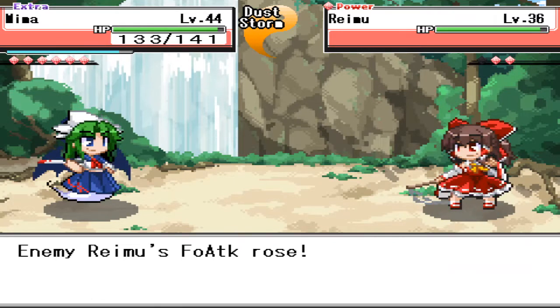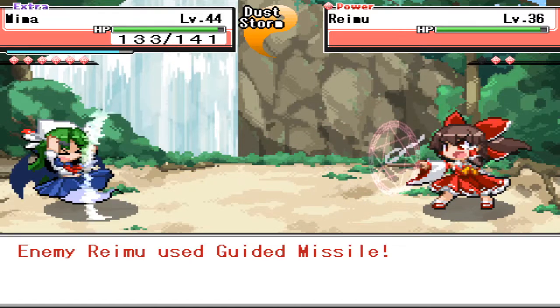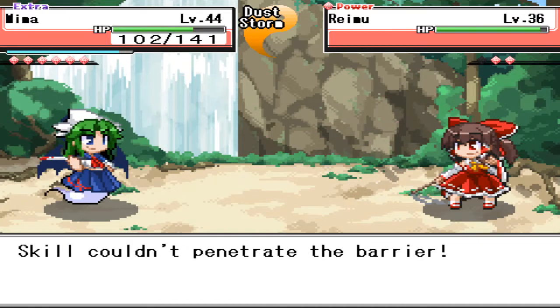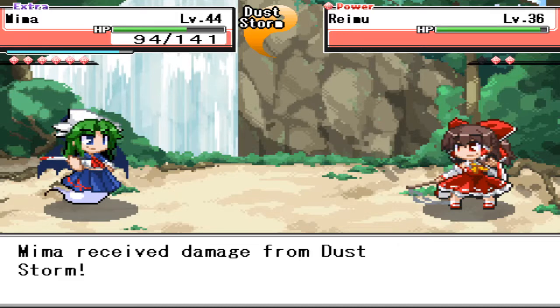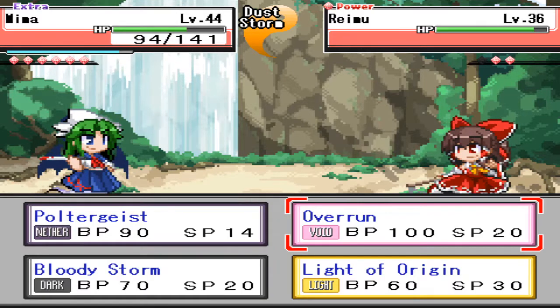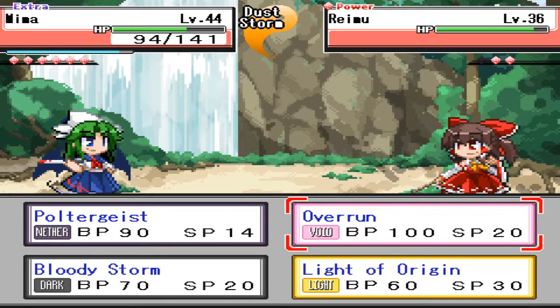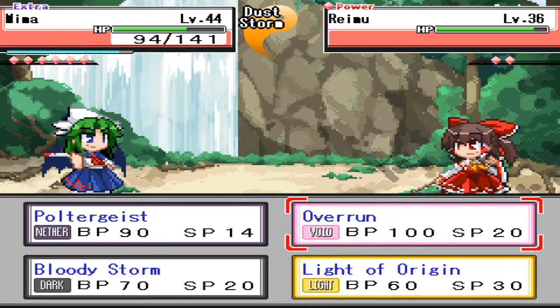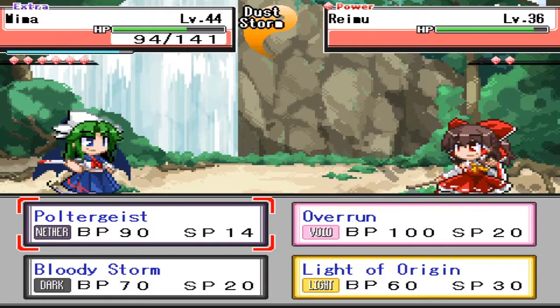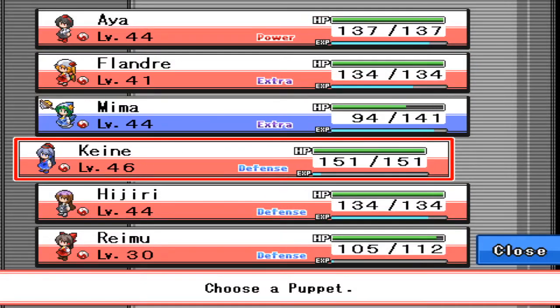Oh wait, why would I do that? Oh god. Oh god, why did I do that? Critical failure. Well. No longer void. But fighting illusion means that's not gonna do much. Crap. Yeah, I have nothing that's going to do anything against her. Let's...